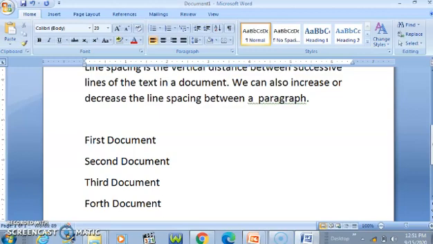This is the list I have prepared, suppose, and I want to give it the bullets or the numbered list. Make it as a numbered list.